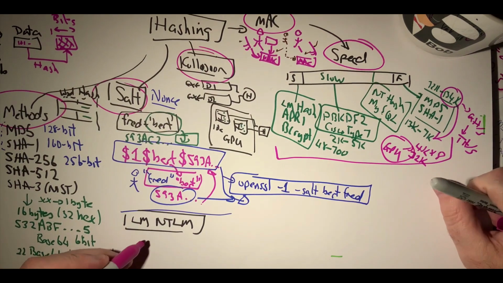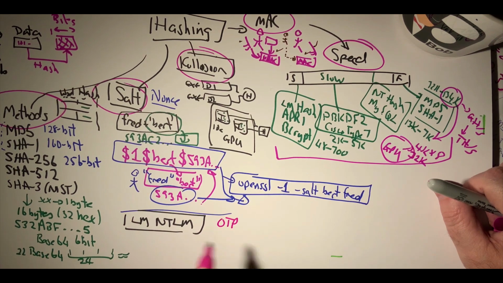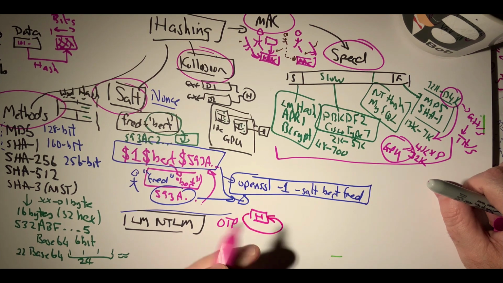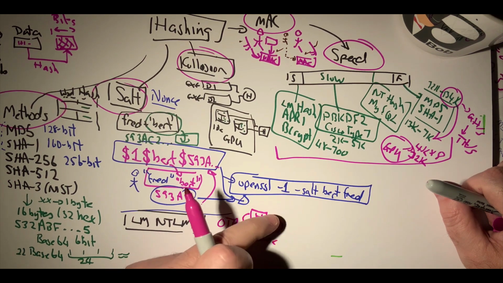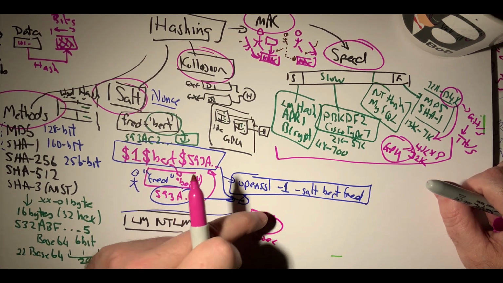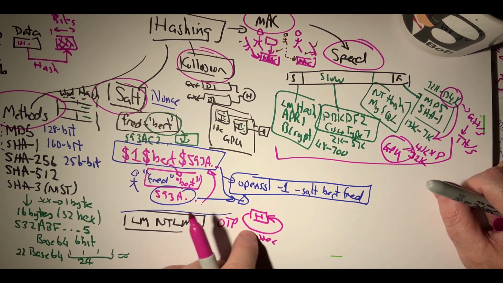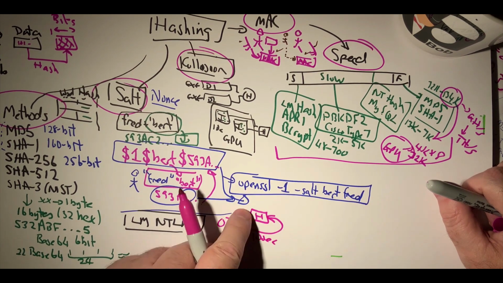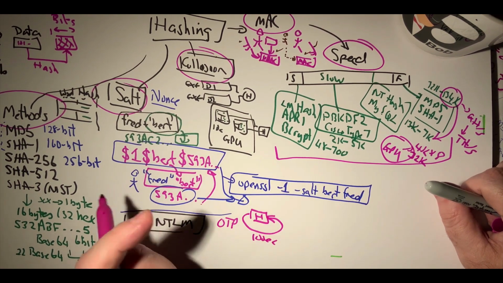Okay, so that's the speed, our MAC addresses, collisions, salts, and the basic methods that we have. Along with this, we can have what's called a one-time password. And with this, we might create what's called a timed hash. So the hash itself might exist for a certain amount of time, and then it will be regenerated after a certain amount of time. So maybe that's every 10 seconds. If every 10 seconds we change the hash, we could have a login system that, given the time, will only generate the hash for a certain amount of time, and only when the user puts in that hash value will they be able to log in.